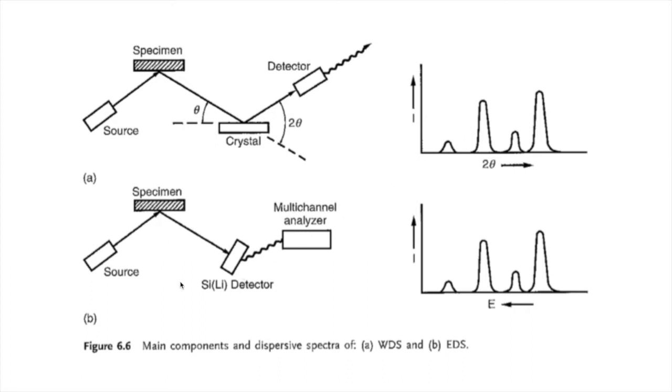In EDS, it's different in that the characteristic x-rays that go towards the detector, in this case it's a silicon lithium diode, this basically sort of splits apart the characteristic x-rays in terms of their energies. And so we get intensity versus energy of the characteristic x-rays, and we're able to evaluate the energy of those x-rays as opposed to the wavelength to be able to get very similar information. Okay, so let's look at